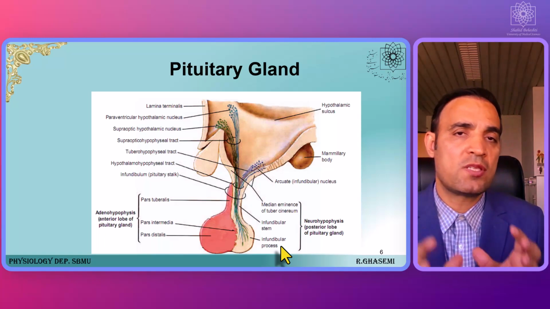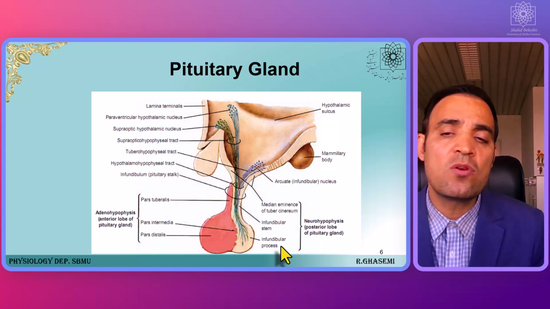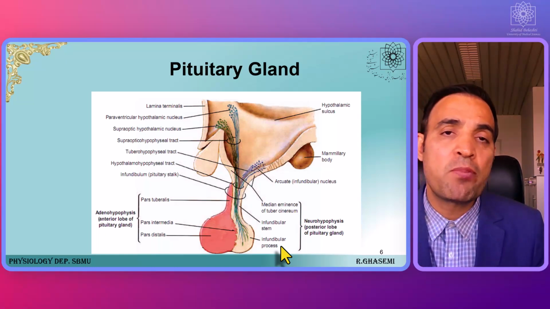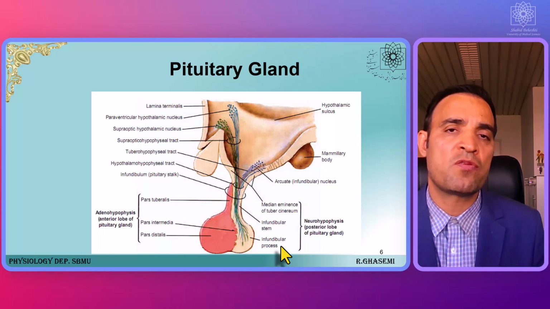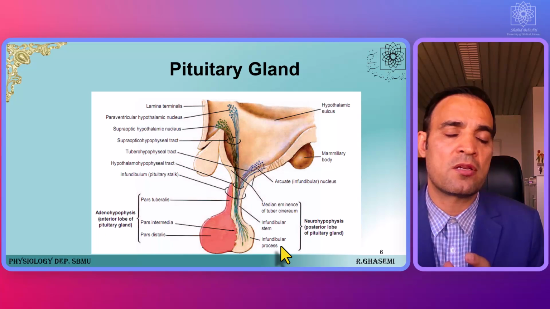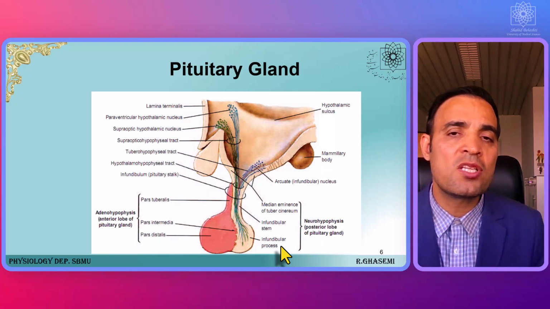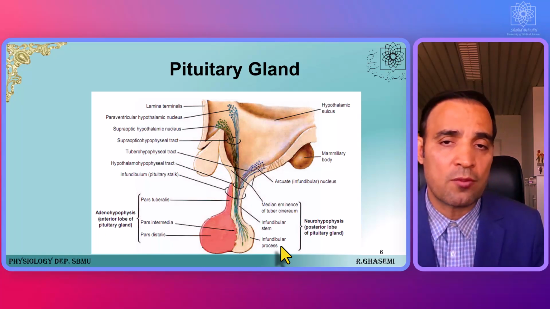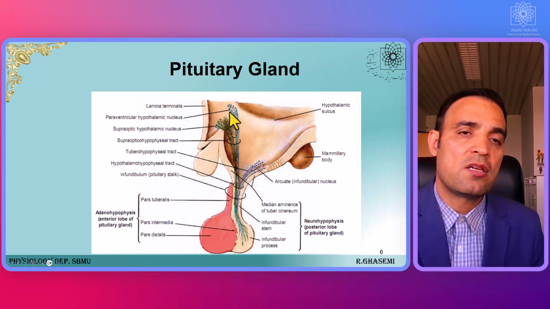If I want to start to discuss this system, firstly, I start with the neurohypophysis. As you know, and as you see in this figure, the neurohypophysis, in fact, is a part of the hypothalamus. In fact, the neurohypophysis, or posterior lobe of the pituitary gland, is the termination site for the axons that originate from the hypothalamus. And these neurons that you see in this figure, in the paraventricular hypothalamic nucleus, in the